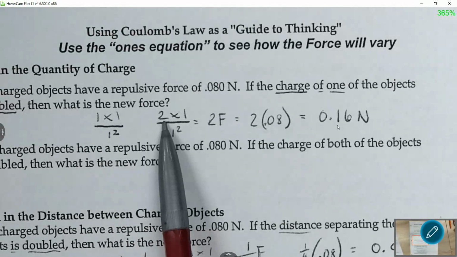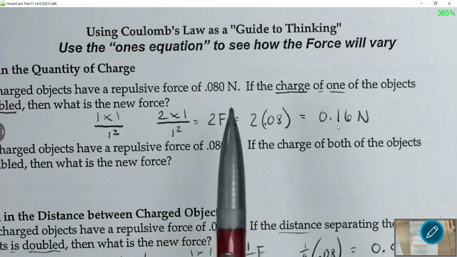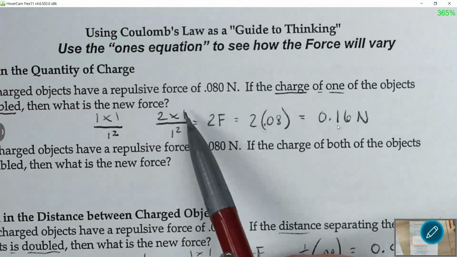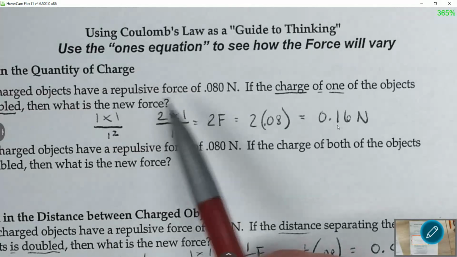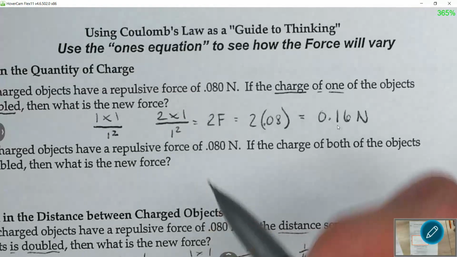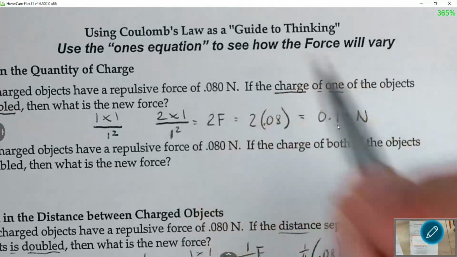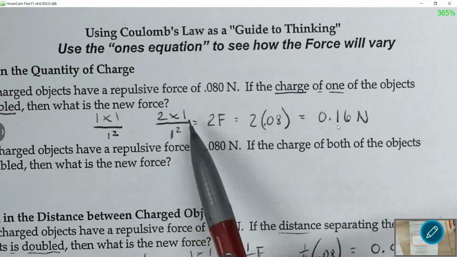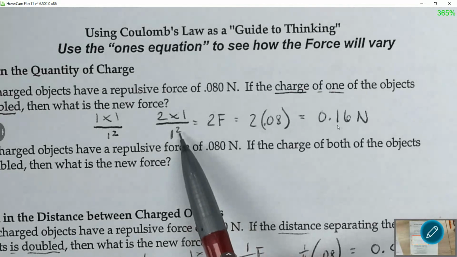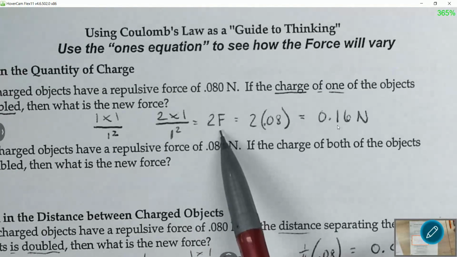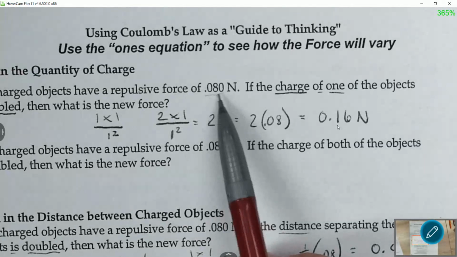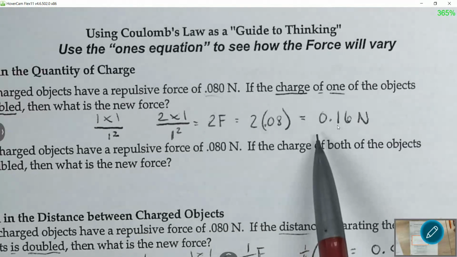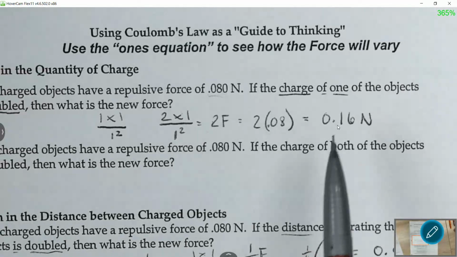I turned that into a 2 because it said this thing doubled. And they didn't tell me to change anything else. So because of that, I'm keeping this one a 1, and they didn't tell me anything about the distance, so I'm keeping that a 1. And then you just kind of play this out. 2 times 1 is 2, divided by 1 squared, which is just 1, and you would have double the amount of force. If the original force is this 0.08, I'm doing 2 times 0.08, which comes out to be 0.16